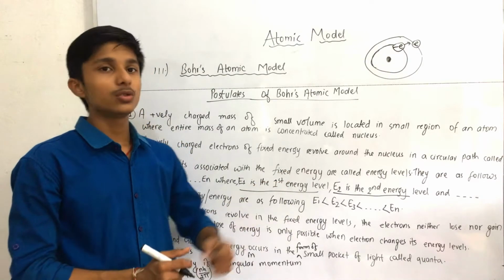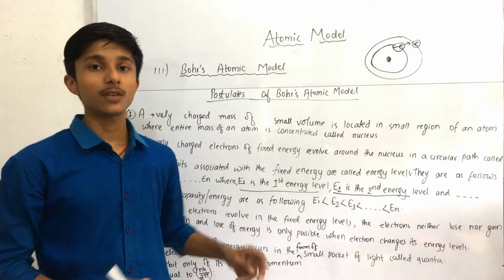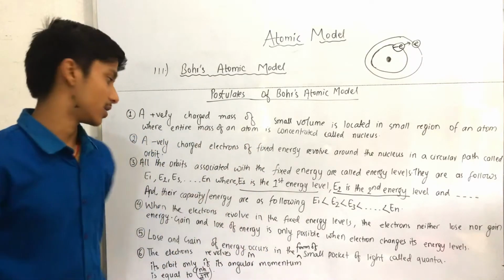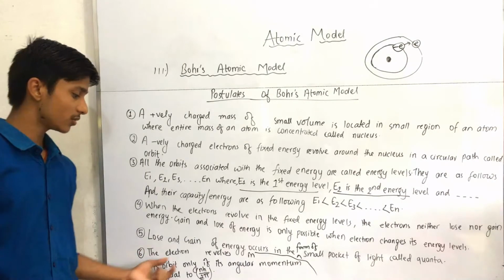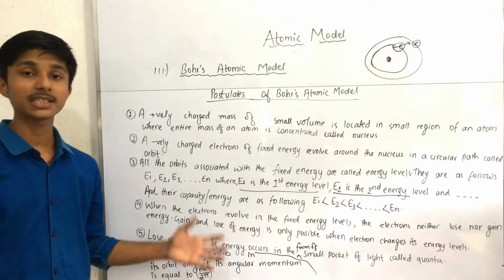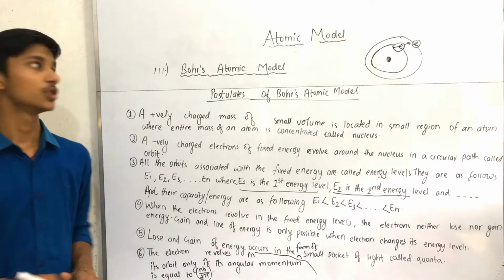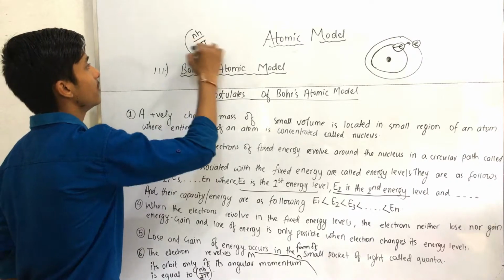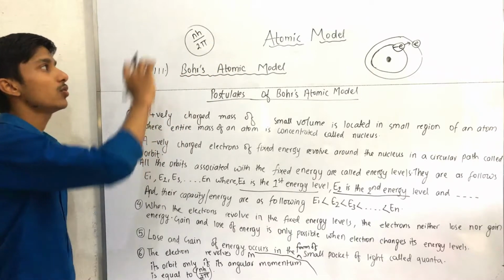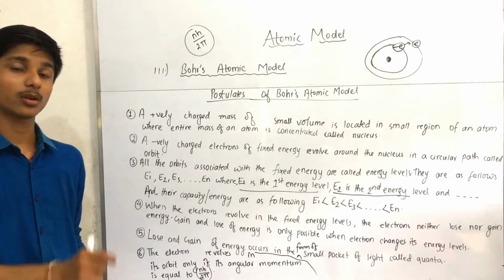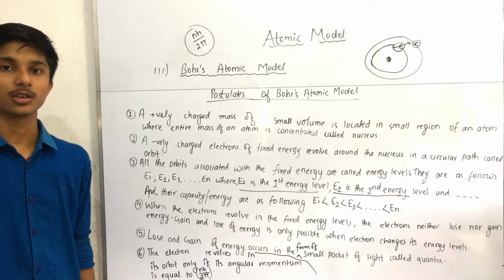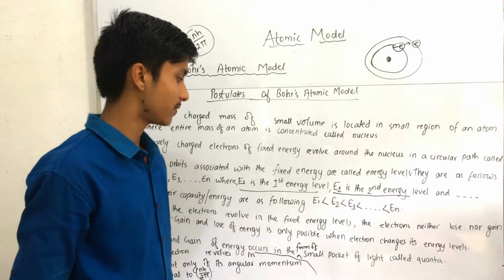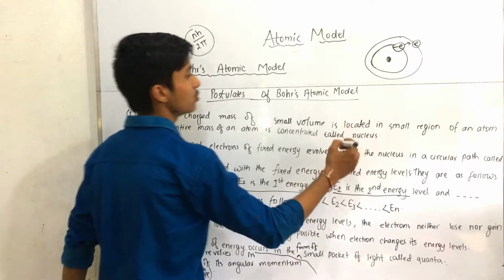It means the electron loses or gains energy in the form of a small pocket of light called quanta. In the 6th postulate, the electron revolves in its orbit only if its angular momentum is equal to nh upon 2 pi. If its angular momentum is equal to nh upon 2 pi, then only the electron revolves in its orbit, otherwise it doesn't revolve. And in the 5th postulate, loss and gain of energy occurs in the form of a small pocket of light called quanta. So it means loss and gain of energy